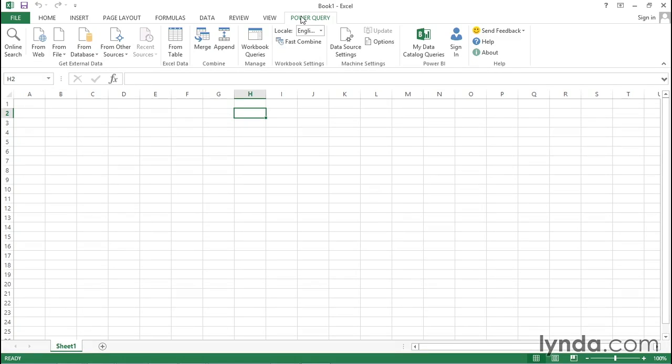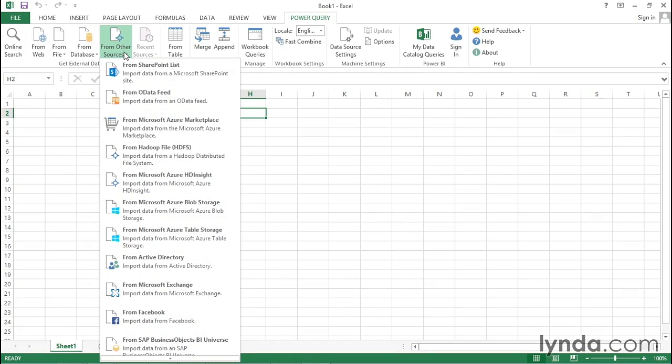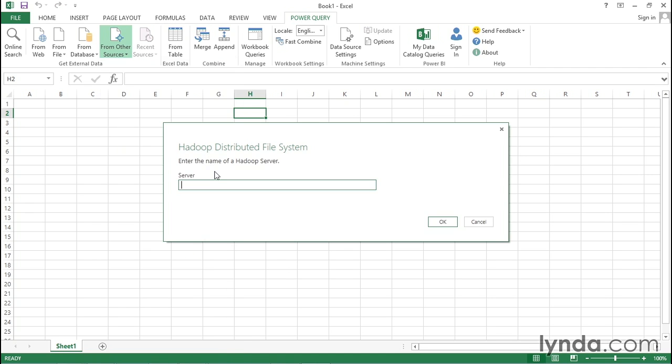Now, once you've got Power Query, it's really easy to connect to Hadoop. In fact, there are several flavors. The most native way is you can connect to a Hadoop file system. And you can see you just put the server name. Now, this expects that you have either an open port if you're connecting to a web-based server or a local server. You might remember that you can install HDFS on Windows if you get the Hortonworks distribution, so you can